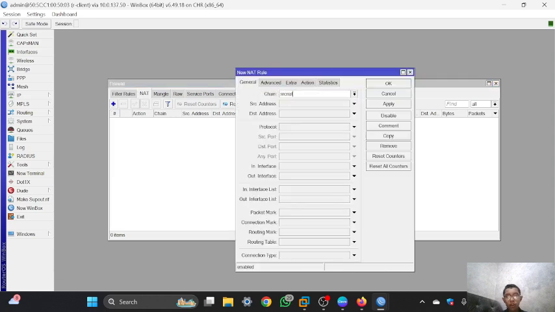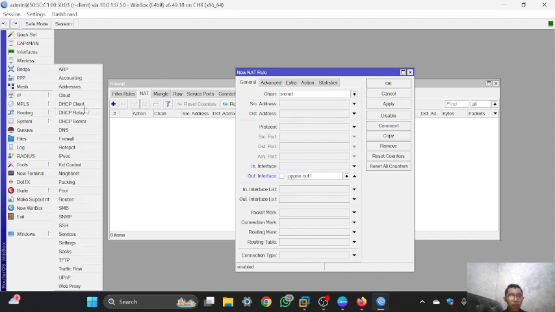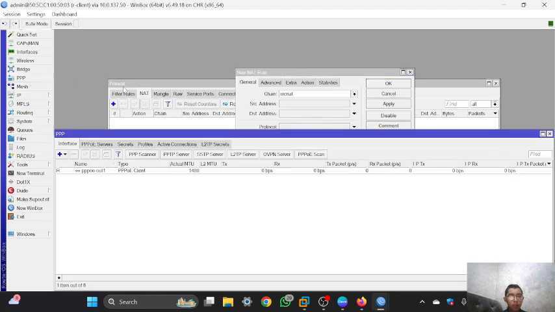And in the general tab, the chain is srcnat, and the out interface is using the PPPoE out, which is this one that connects to the ESP.